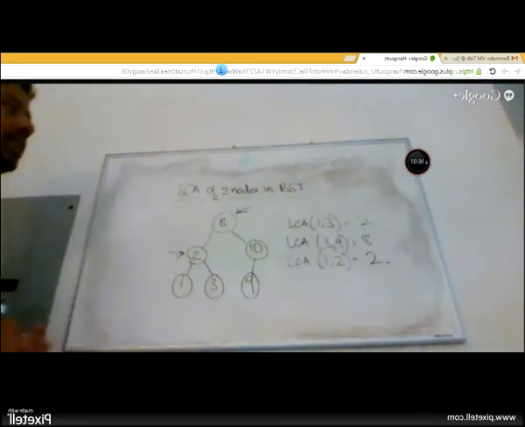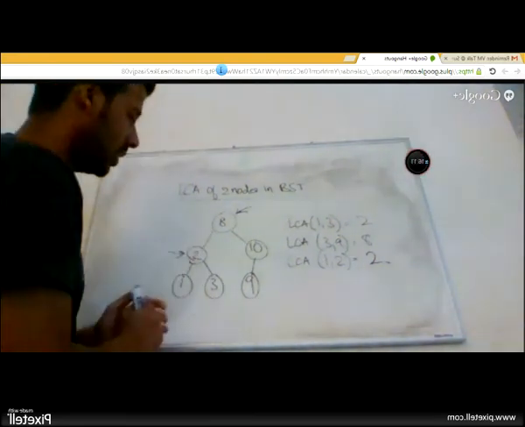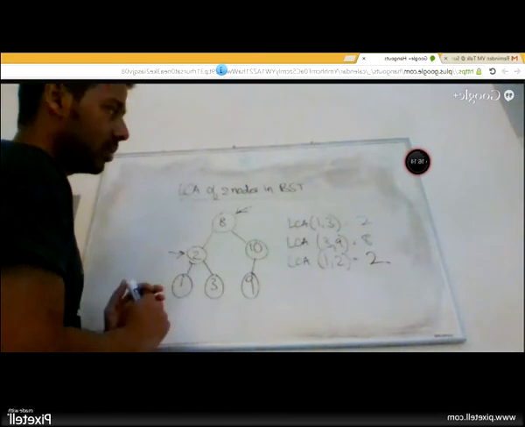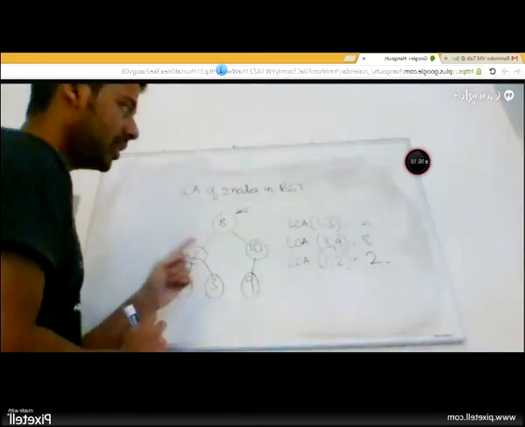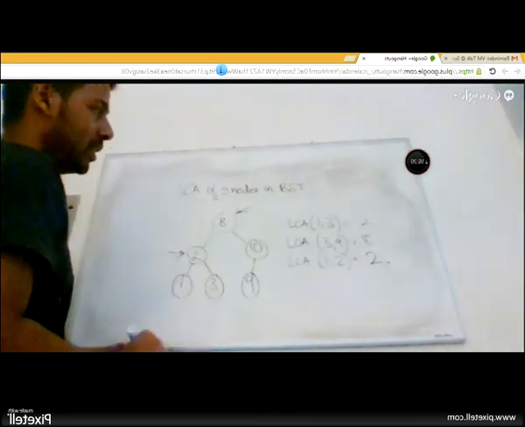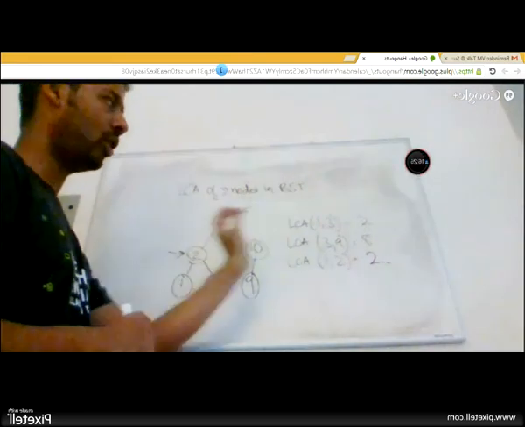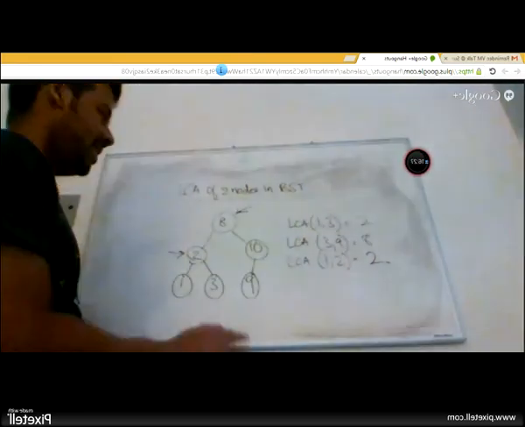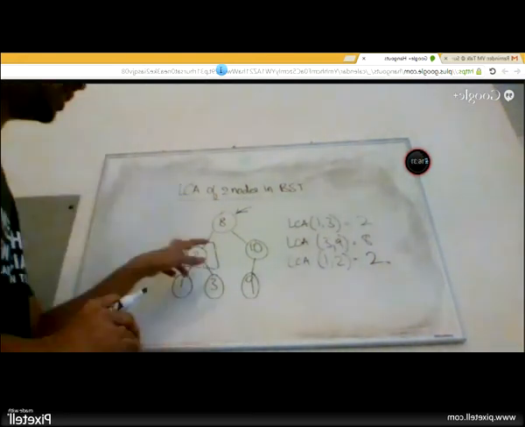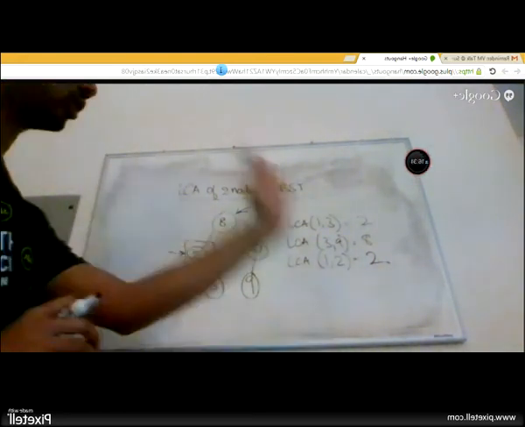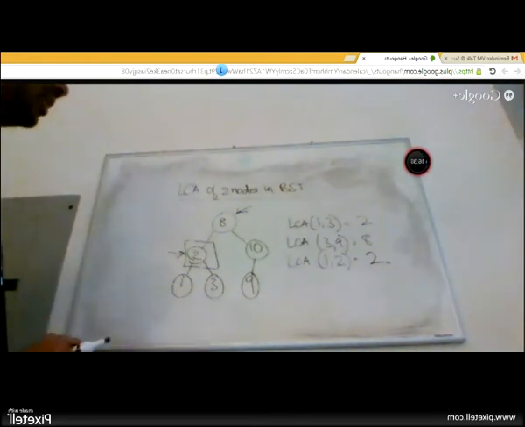So with this 2, the way you code it is that you check: are both elements less than the current node? No, because 2 is not less than 2. Are both elements greater than the current node? No, because 2 is not greater than 2. So I check if both are to the left, or else if both are to the right. Else whatever node I am in must be the correct answer. I don't check for that split thing anyway. If it is not completely left or completely right, then the current node must be the answer.